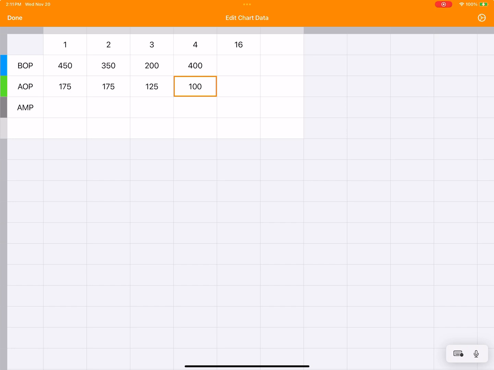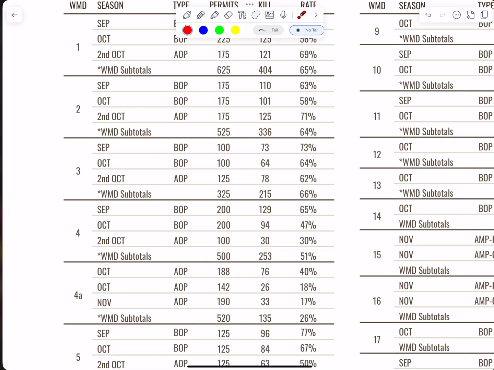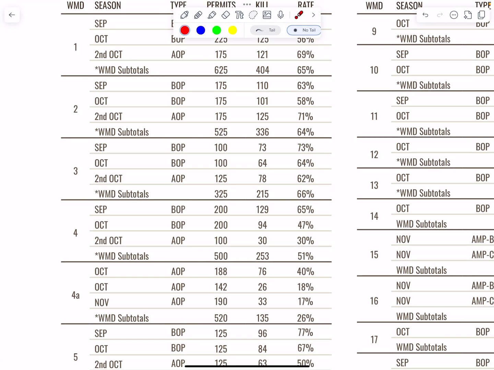And then finally, you would go 1, 2, 3, 4, 5, 6, 7, 8, 9, 10, all the way out through all of the districts. Many of them get pretty easy and smaller as you go. Those northernmost districts with the single digits often have the most moose permits because they're further north where all the moose are. I'm working my way out to 16 here just to show you when I look at District 16,